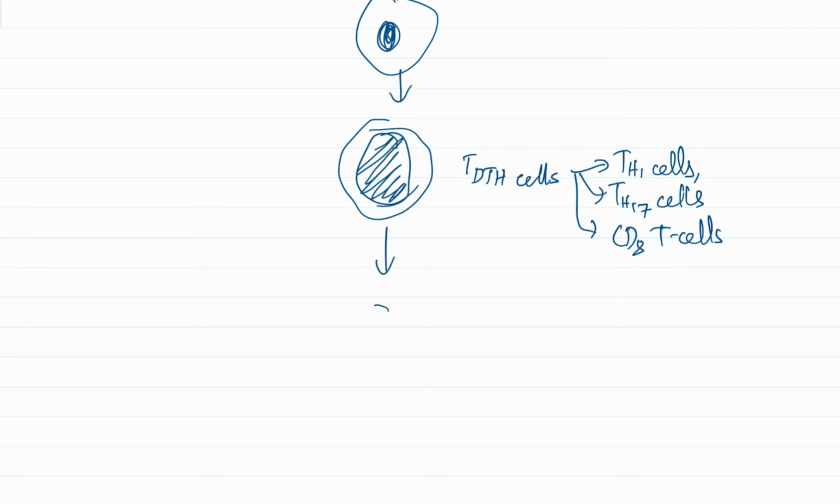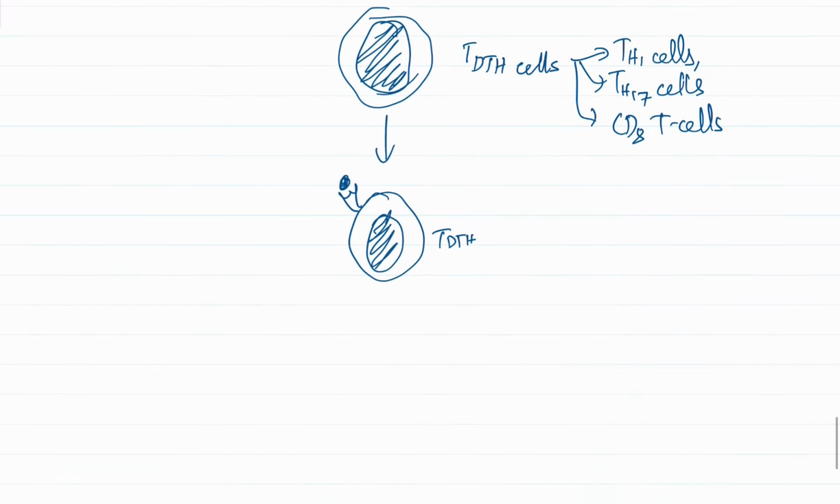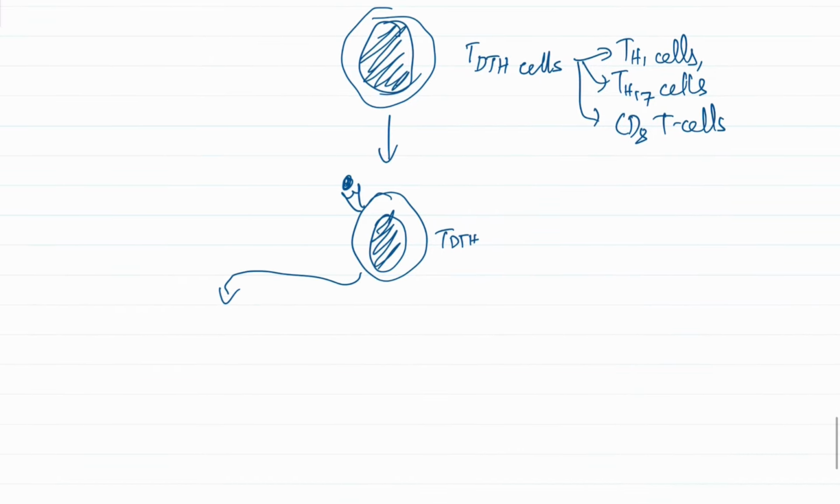When subsequent antigen exposure occurs, when the antigen again comes and binds to these TDTH cells, they will release a number of factors. The most important among them is interferon gamma, and the others include IL-2,